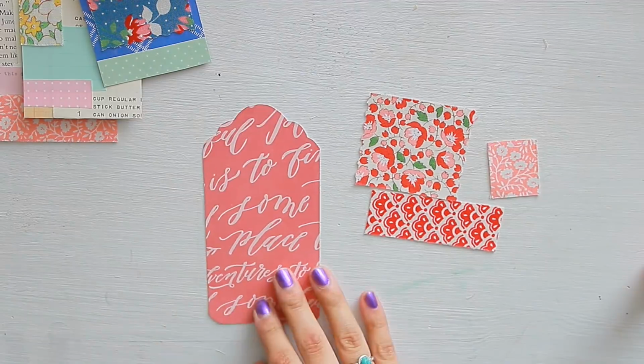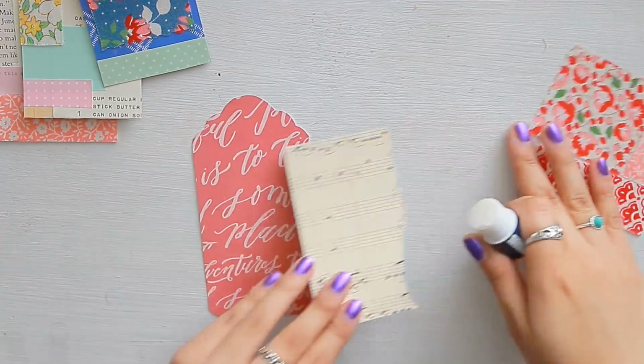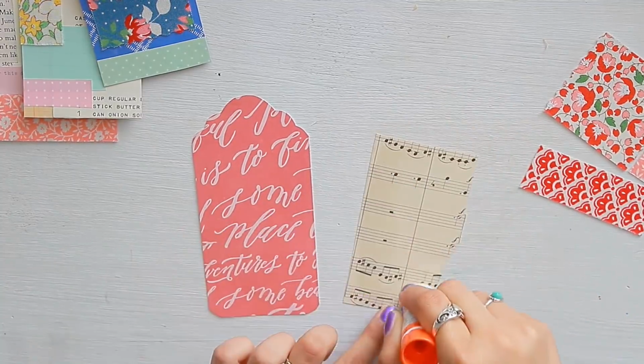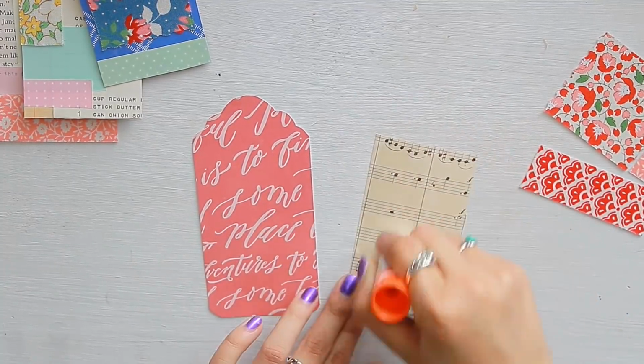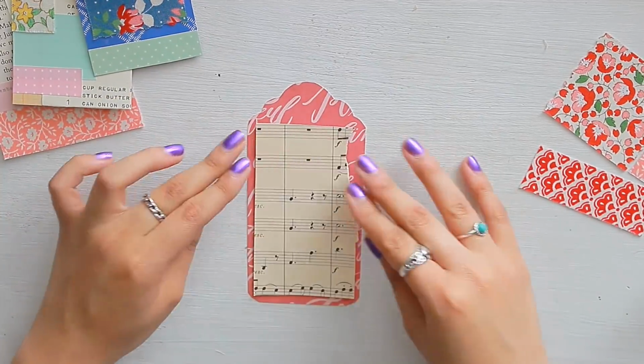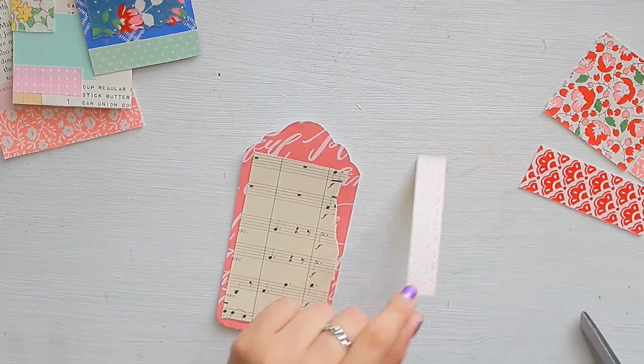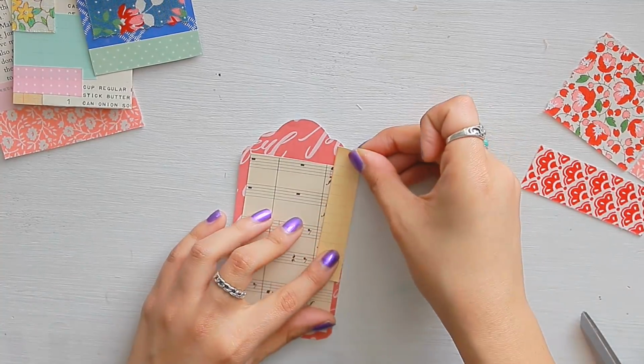So here I am using some antique music paper, the one that breaks. As you can see, I was trying to cover up that little breakage that I had by using some scraps. This is why I tell you guys time and time, please don't throw away your scraps. They are lifesavers when you're trying to create really cute little mini collages, either in tags or in your journal